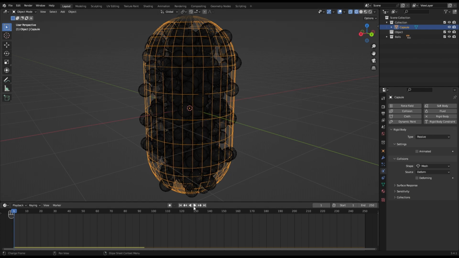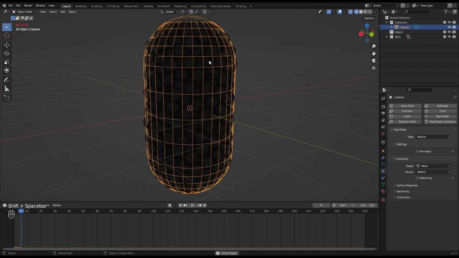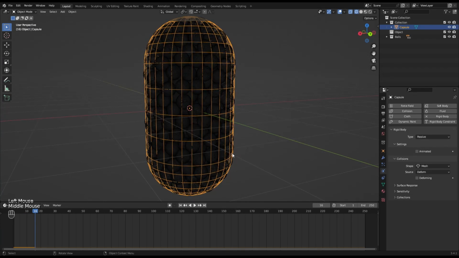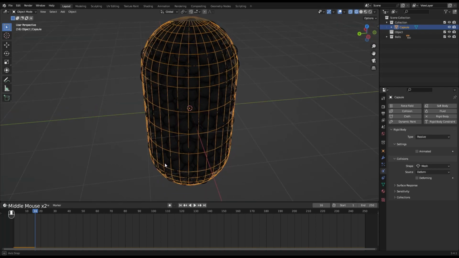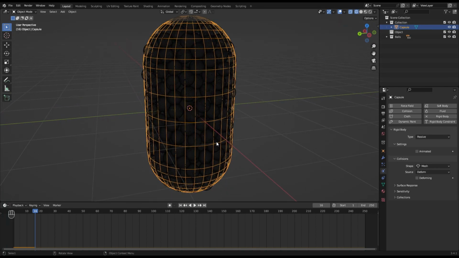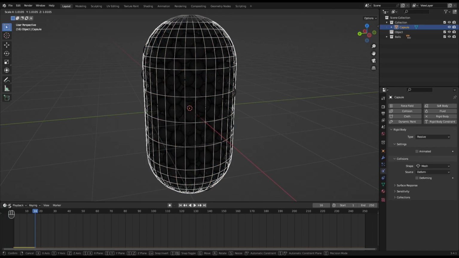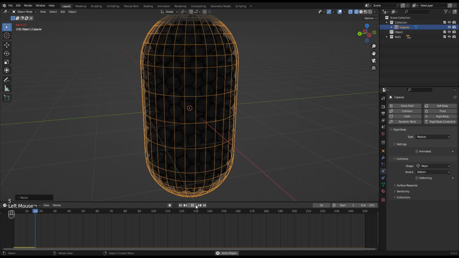When the animation is played in this state, the physics simulation starts and the spheres are packed inside the capsule. Run the physics simulation and adjust the capsule size.